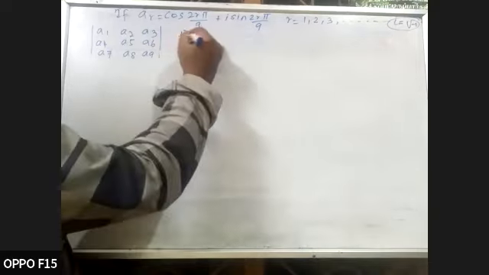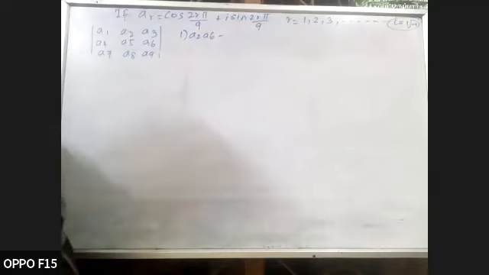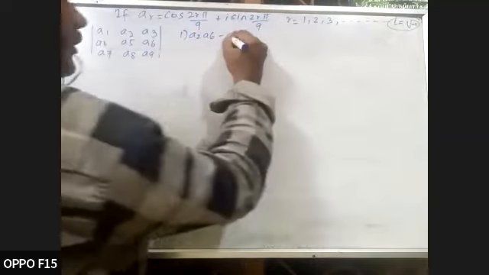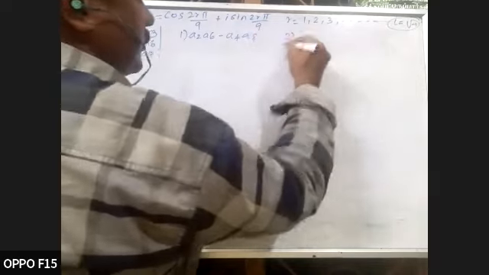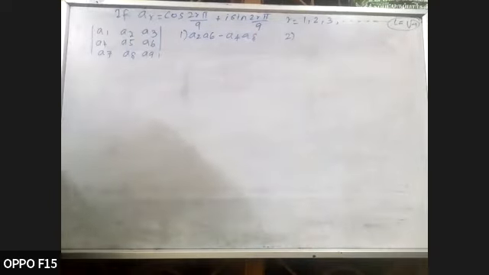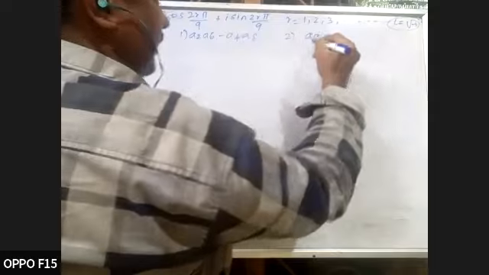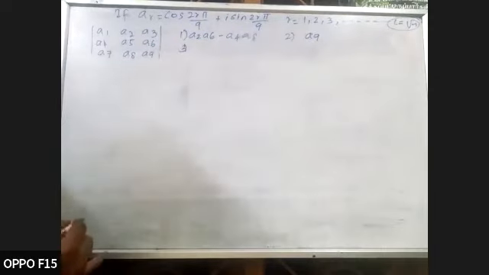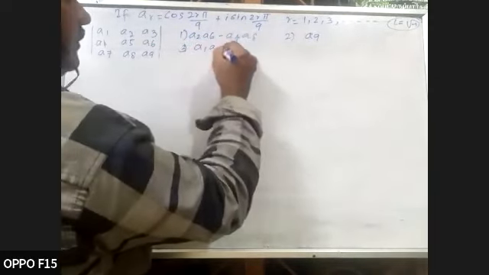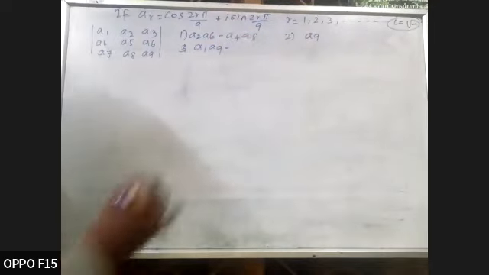Options: a2 a6 minus a4 a8; option 2, a9 (a suffix 9); option 3, a1 a9, a3 a7;